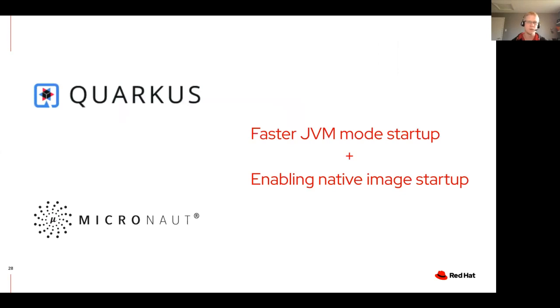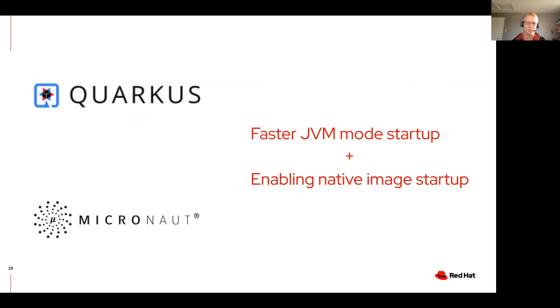So we see two frameworks in particular that I'm aware of that are really opting into this approach, and that's the Quarkus framework and Micronaut. The changes they've made mean that they start very quickly in a JVM, and they tend to use less memory when they do that because they've already moved a bunch of things out of startup time. They're no longer doing that class path scanning.